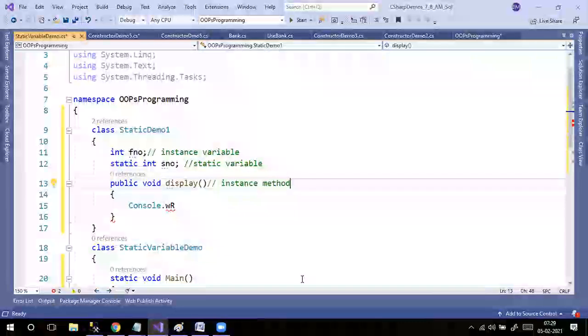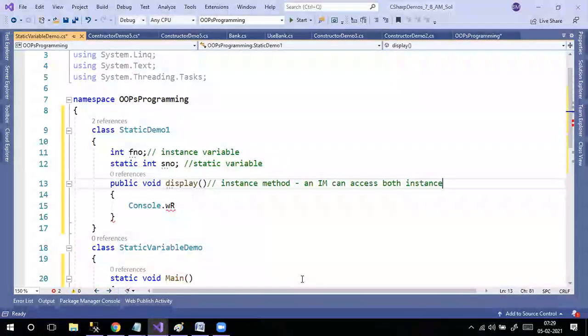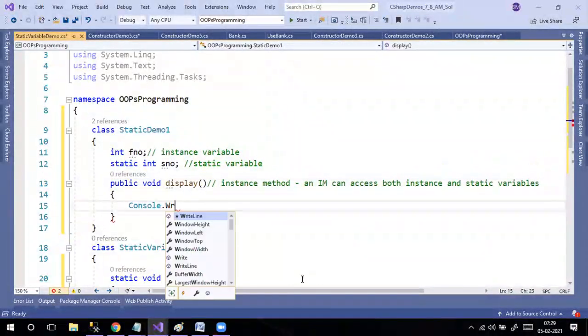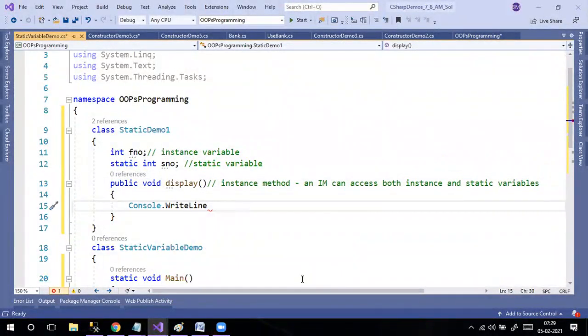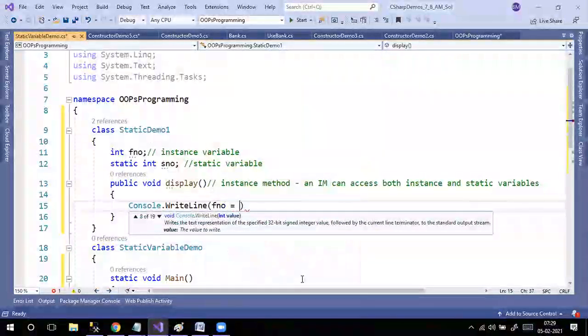So an instance method can access both instance and static variables. Keep in mind, console dot write line first number equal to plus f number,